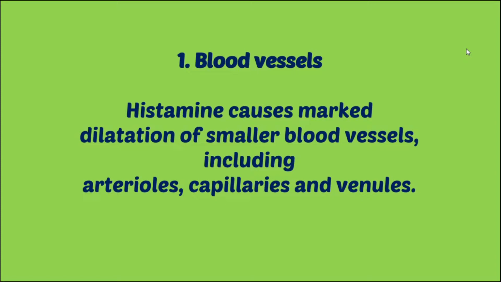So in specific area, whenever there is release of histamine, it causes dilation of this blood vessel. So whenever there is a mosquito bite, there is a red spot. This red spot is due to dilation of specific capillaries or arterioles or venules at that area. Now this action is due to H1 receptor. So whenever there is release of histamine in the specific area, in specific organ system, the arterioles and capillaries and venules present in that area, they are having H1 receptor on which this released histamine is going to bind and produce vasodilation. So that is very first action of histamine, vasodilation of small blood vessels. Moving on.